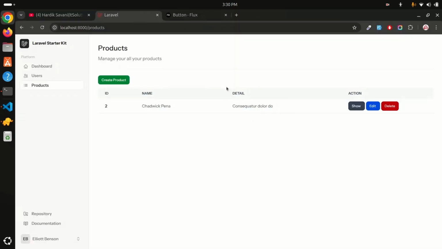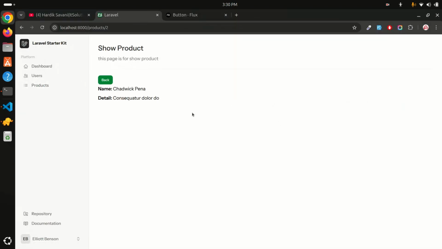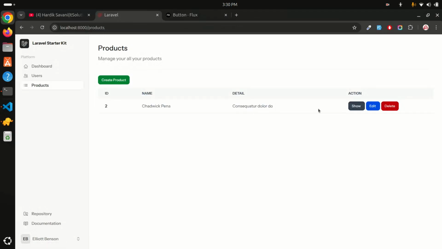Save it. Okay, now let me go here and click on show page. You can see that name in detail. Right now we keep it simple, and this module we are going to use for a permission, and I can show you the demo. Next, we are going to use the Laravel Spatie roles and permission composer package to manage roles and